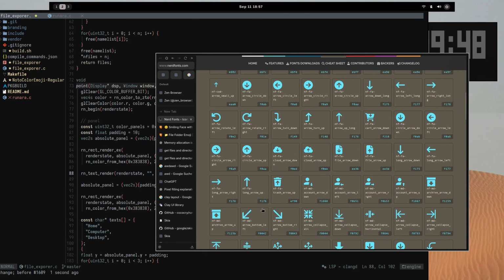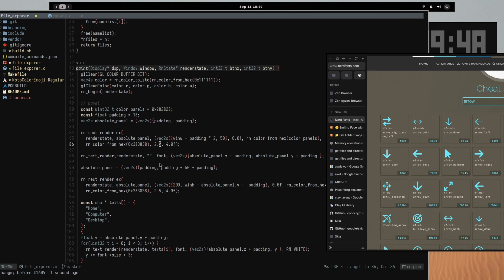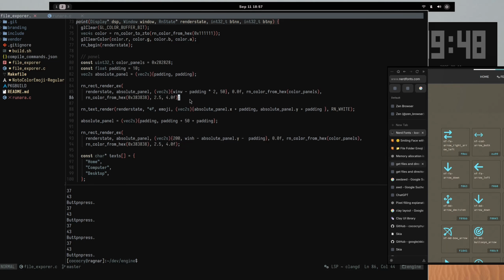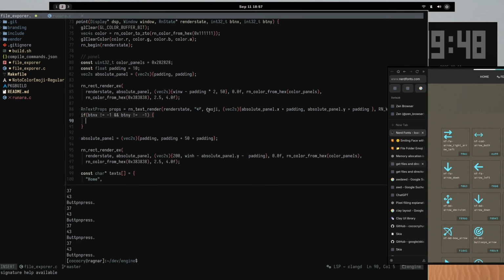Yeah, I think this from the browser is cool, right? Like that. And like that, and render it with emoji. That looks great, right? And then if button x and then our text plot is not equal -1 and button y not equal -1, we say